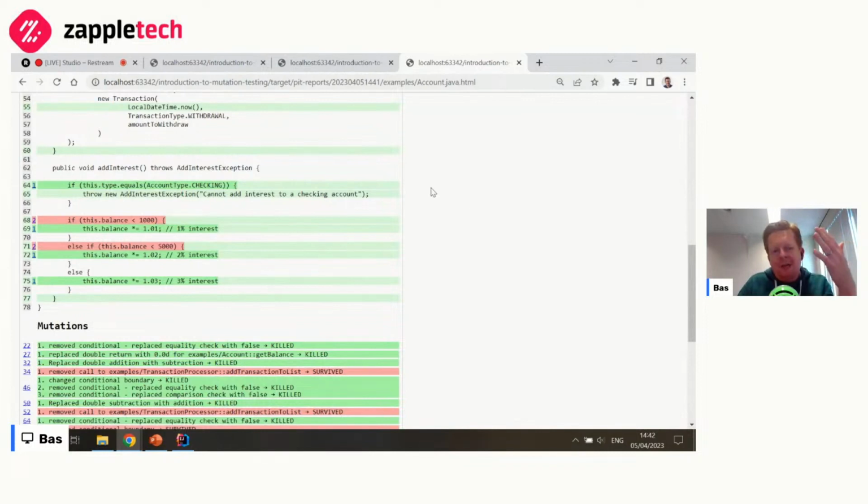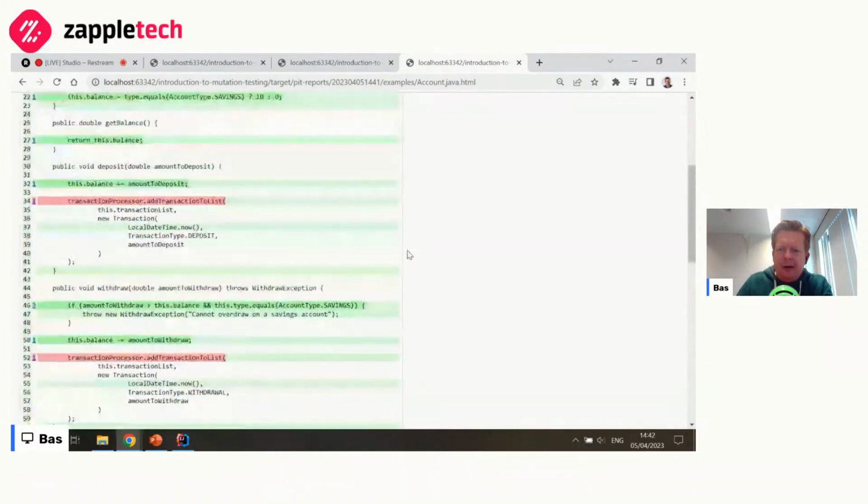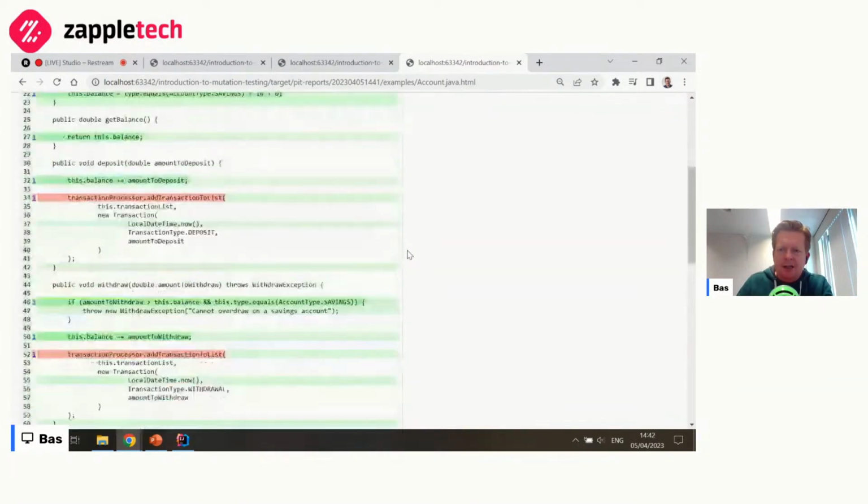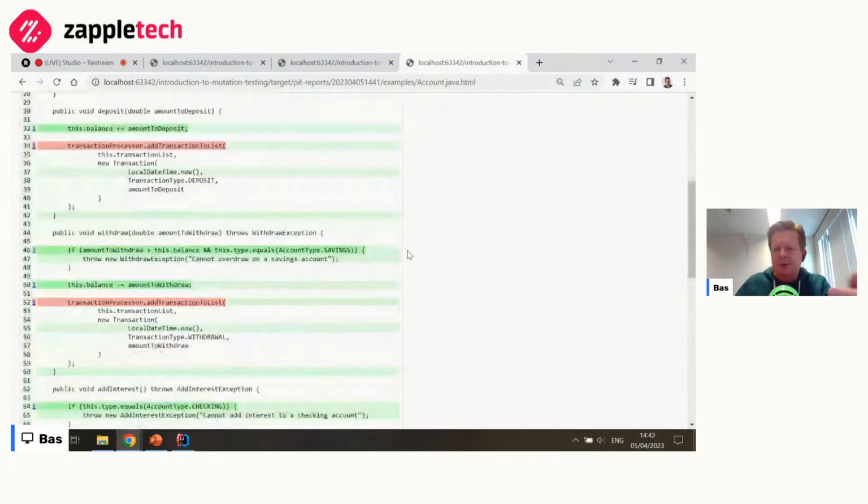I'm not going to be able to, just looking at the time, get to 100% mutation testing score, also because I want to talk about where to use this and where not to use this for a couple of minutes and still leave some time for Q&A. But there's one final change that I still want to discuss, at least one mutant, and that's this one, and also this one, because they're essentially the same.